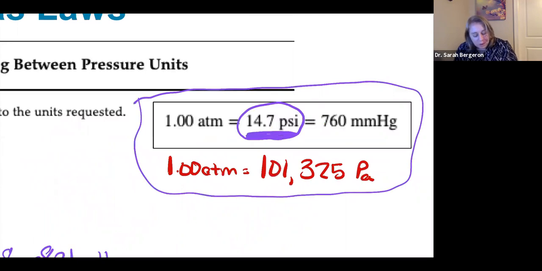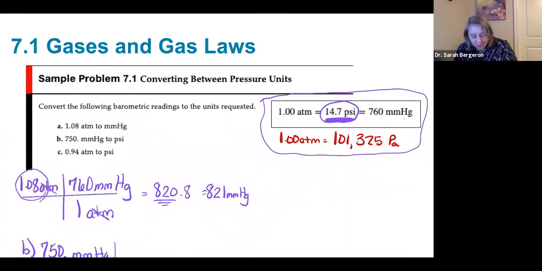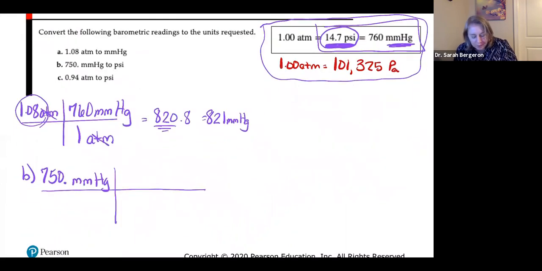So we are starting with millimeters of mercury, and we're going to PSI. So this is our conversion factor right here. We have 760 millimeters of mercury for 14.7 PSI. So our millimeters of mercury cancel. So do 750 times 14.7, then divide by 760, and you should get